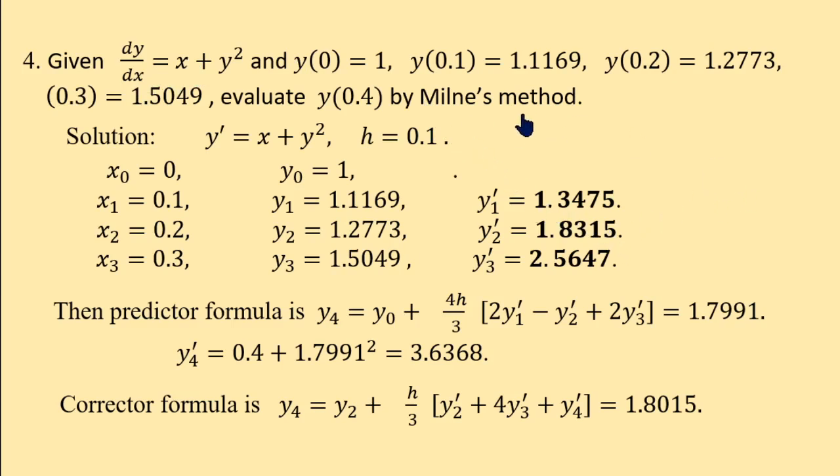In Milne's predictor corrector method, the values y0, y1, y2, y3 are given, then how to calculate the next value? The increment of x is the same. So, y0, y1, y2, y3 is given, then how to find y4? This is by Milne's predictor corrector method. Last one in this syllabus, in the fourth module, is